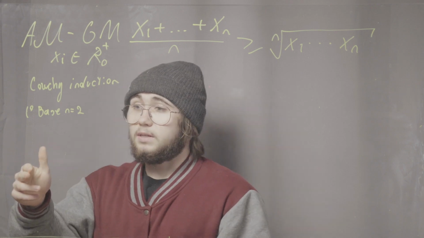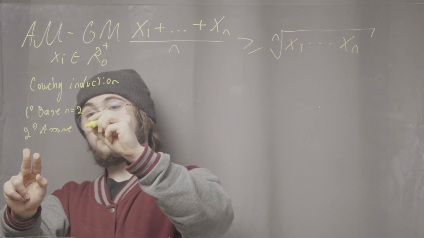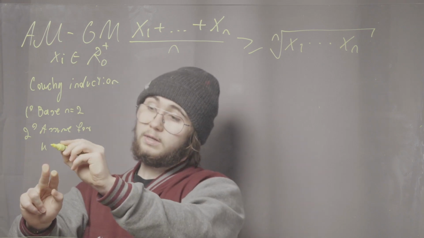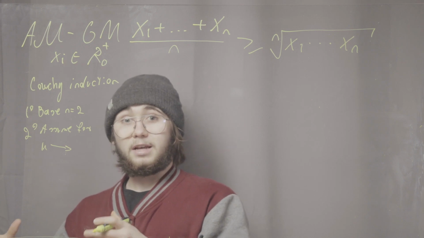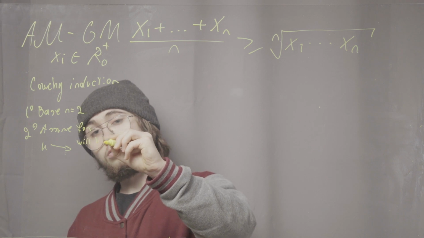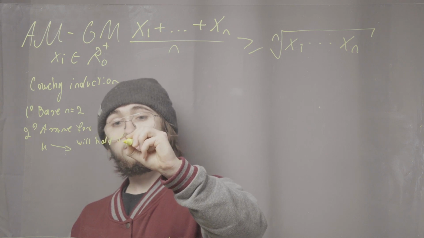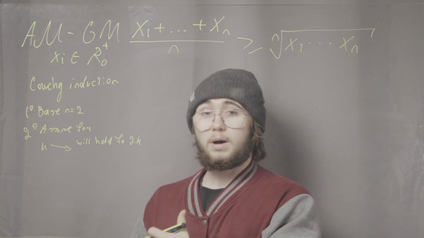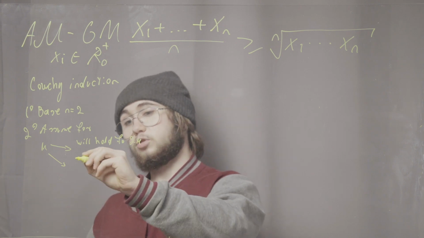What we do then is we assume that the statement holds for some k, and then we will not only prove that this assumption implies that the statement holds not for k plus 1 this time, but for 2 times k. That's proving the statement for all powers of 2, but we will also prove using this assumption that the statement will